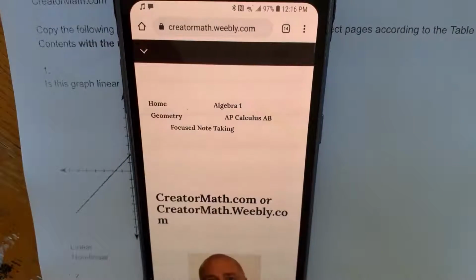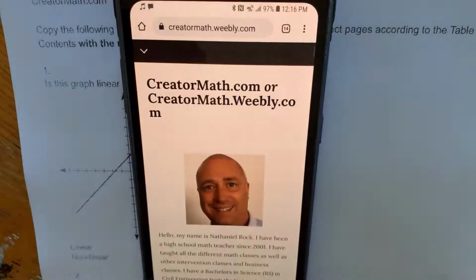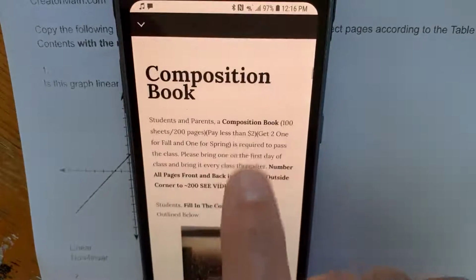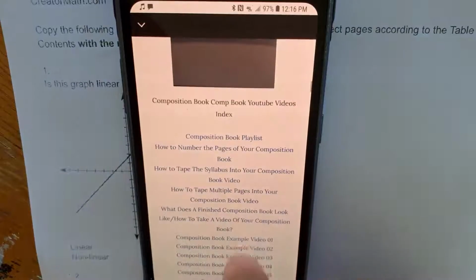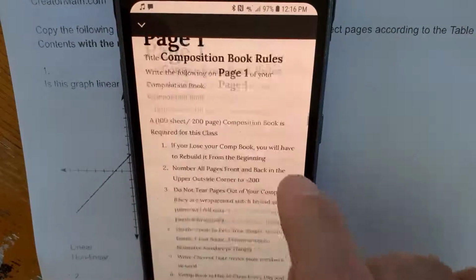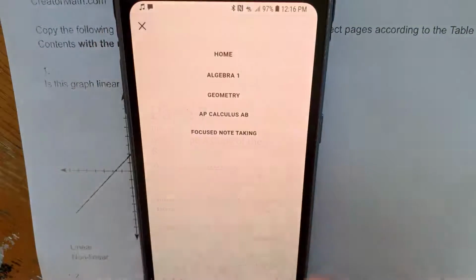Type that into Google. You should be able to get to this homepage. If there's any question on the composition book, students are always asking, how do I do this composition book? What goes where? All those things, right? Scroll down on this homepage until you see the words composition book. Follow all of these directions, watch all of these videos, and adhere to the deadlines. Put things where they belong and put the notes in, and you should have a 90 to 100% on that